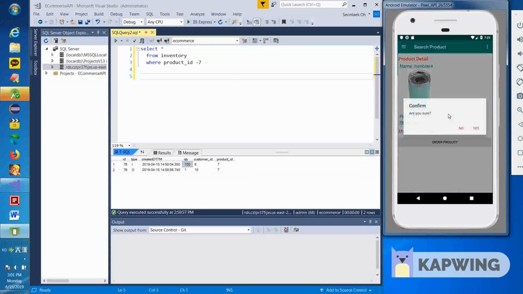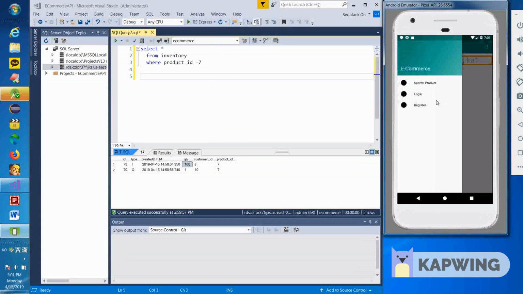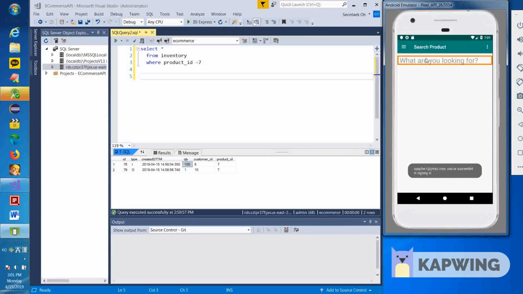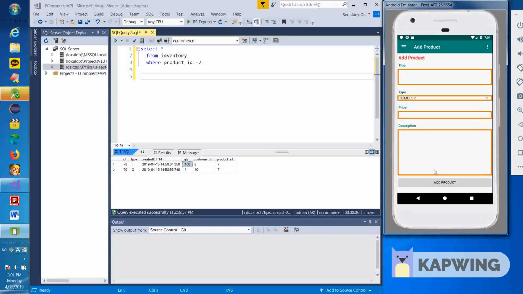Because you told me if you implement the recommendation functionality, it is very good, so I tried to implement it. If I sign in as a supplier and go to add a product, in release 1 there was no type attribute, and at the time I didn't need it. But now I need a type attribute because of